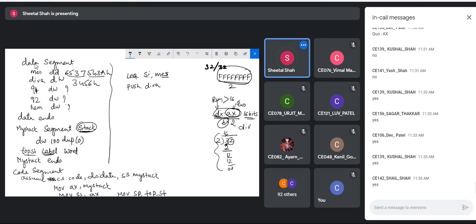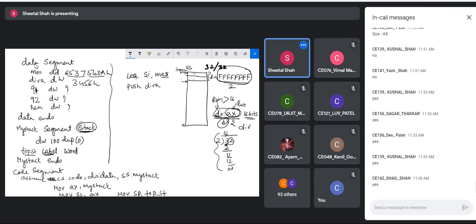So here you can see that this is my stack segment SS, this is my TOP_ST, and SS is pointing to the base address. PUSH divisor, so the divisor 3456 would be placed onto this top of the stack. First the stack pointer would be decremented by 2 and it would place the divisor value onto the stack.